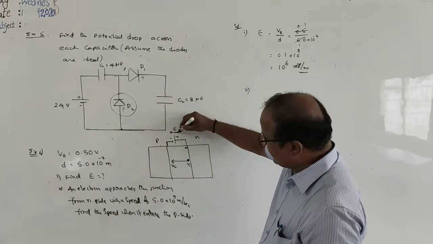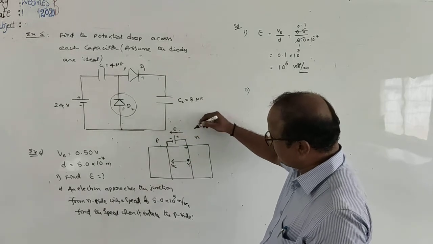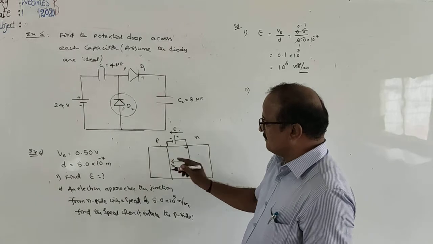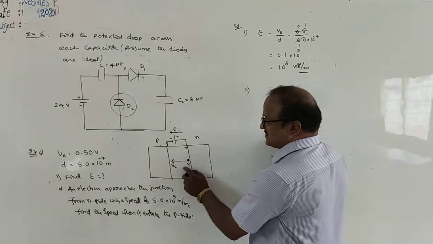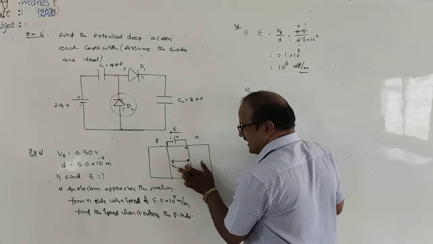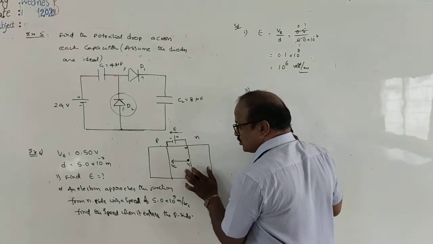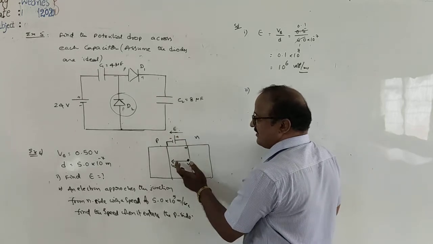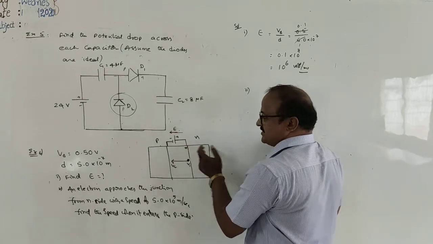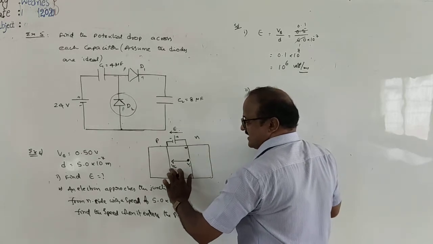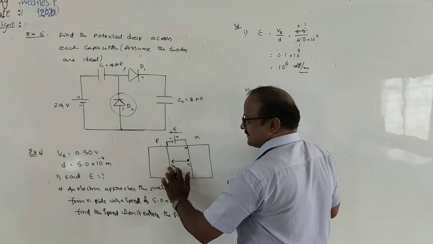Electric field intensity in between p-type and n-type is always taken from n to p, but electrons are always accelerated opposite to the field. That means when the electron is going along this field direction, its velocity gradually goes on decreasing, because the force acting on the electron by the electric field is opposite to the electric field intensity. That means it will be decelerated. Decelerated means velocity goes on decreasing.